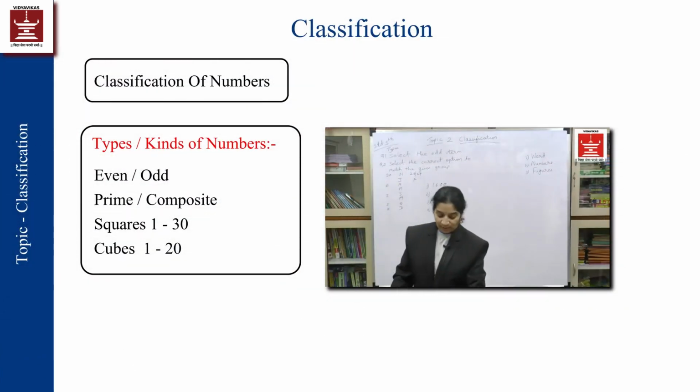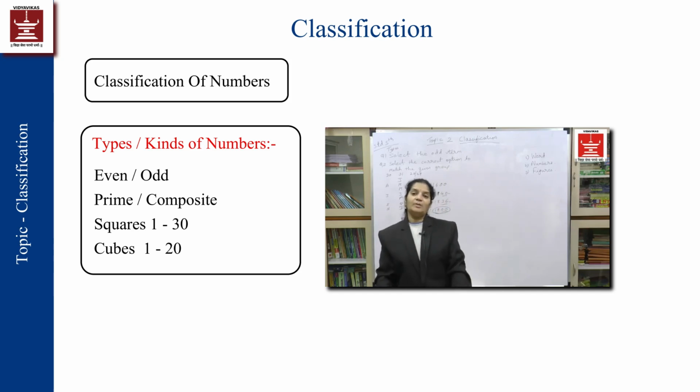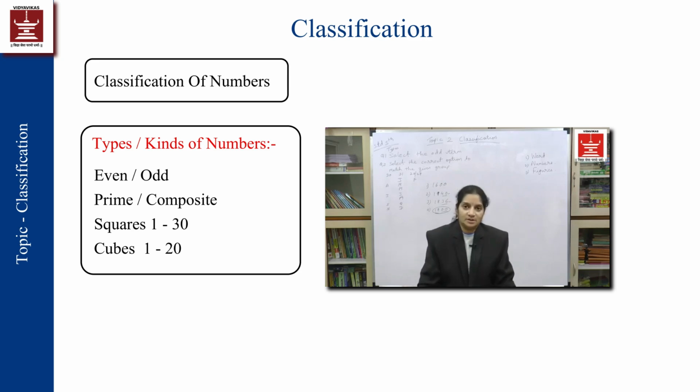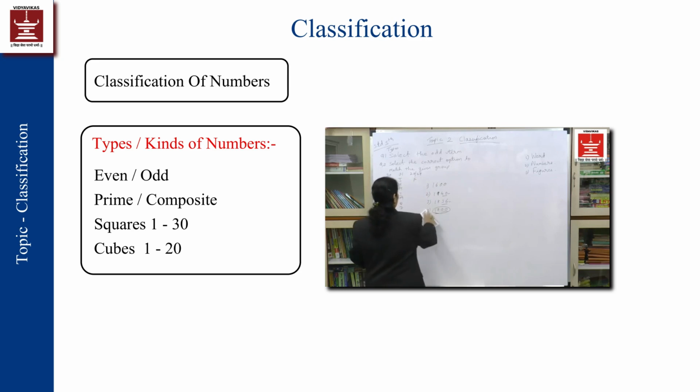We will go to the next topic of classification, that is numbers. Classification of numbers. This again is a very big topic, where your basic knowledge is going to be about numbers. What knowledge do you require about numbers? All types of knowledge that you can have. Everything, each and everything that you do with numbers.